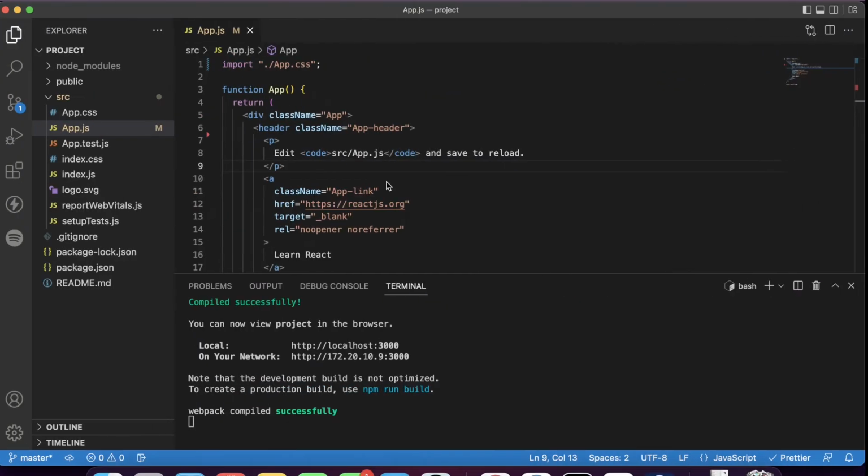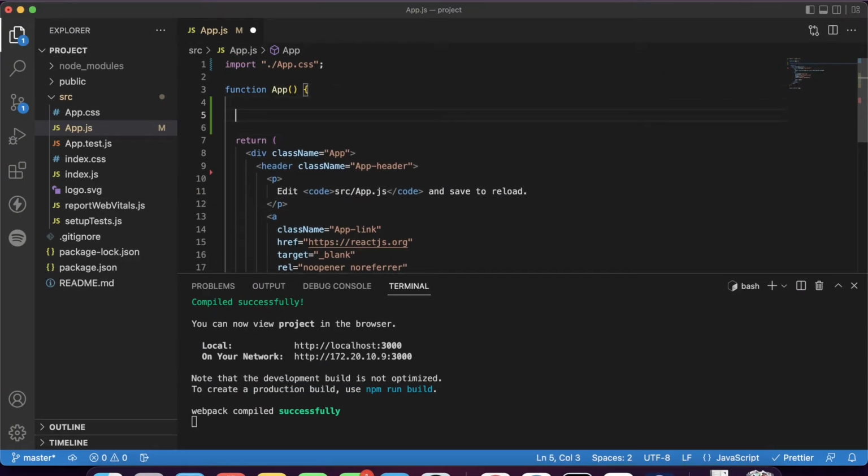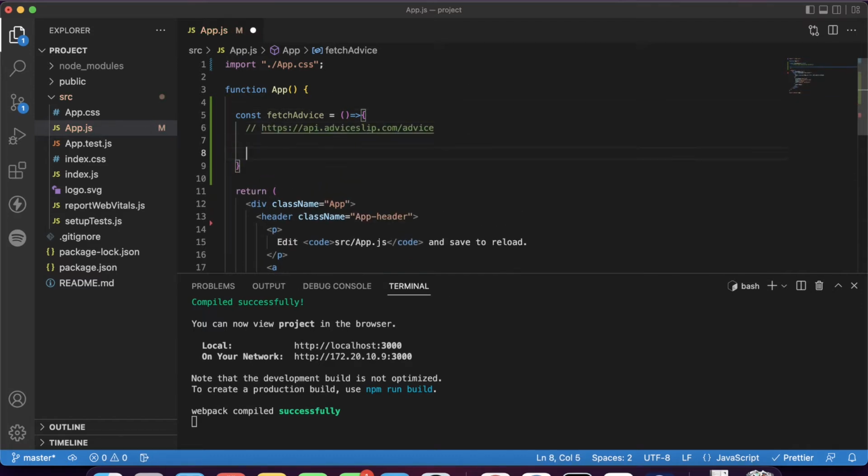And okay, so the first thing I'll do is create a function, simple function. So I'll call it fetchAdvice. Let's make it a callback function. Okay, so this is the endpoint that I need.